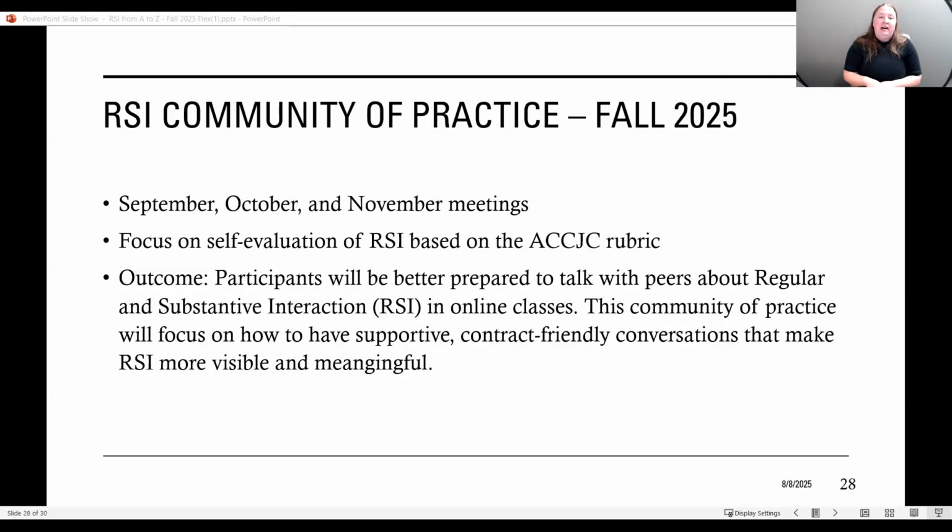Does Canvas also notify students via the inbox once I've graded their assignment? No. However, by default, Canvas will send them an email. Now, here's the problem though. The default setting for students is that they get all these notifications, all these emails, way too much.